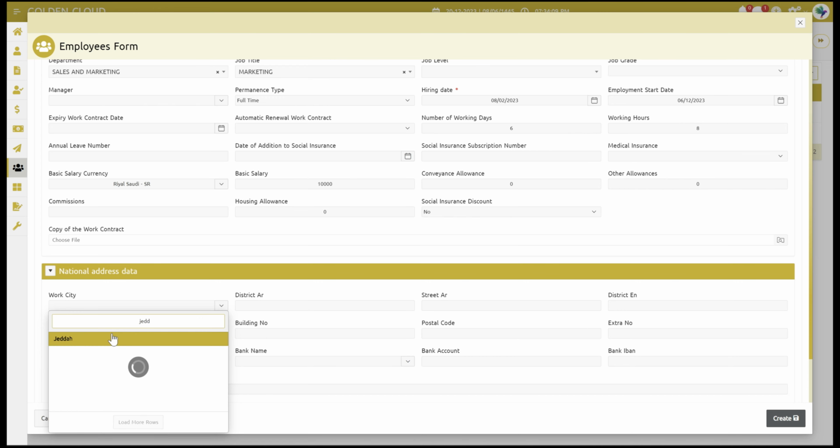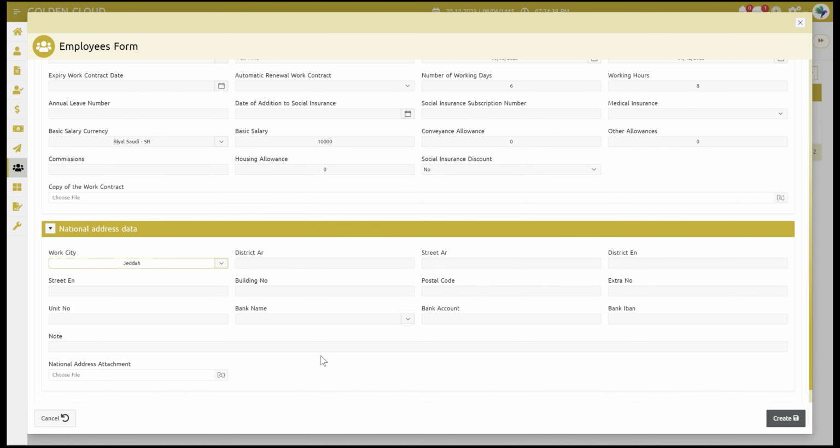For example, Jeddah, the district in Arabic, the street in Arabic, the district in English, and here we have the building number, the postal code, and any additional numbers you need to put in the system. Here also we have the bank name, account and bank IBAN, all this information, so you can transfer the employee salary each month. And here, if you have any additional notes to upload in the system. And the last thing we have is the national address attachment. So this is everything about the